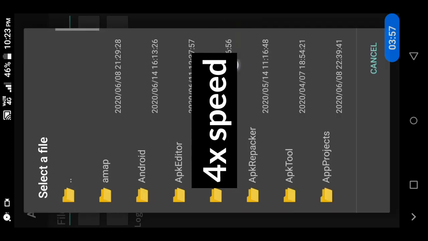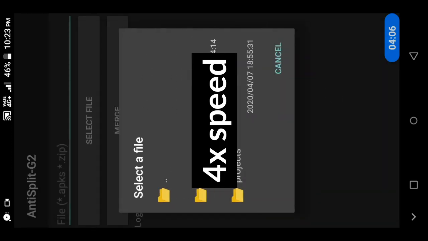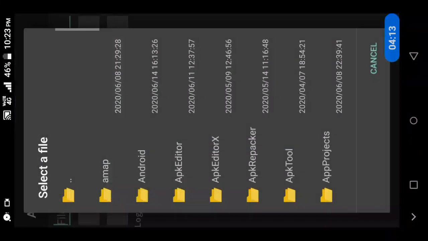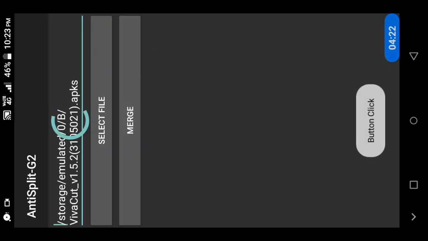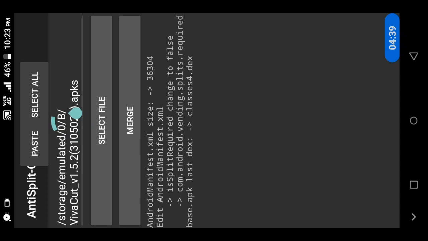Here is the backup. You should select this file and click on merge. After processing, it will convert the bundle APKs to an APK. Then you can modify it and you can install it. We will not get any error.